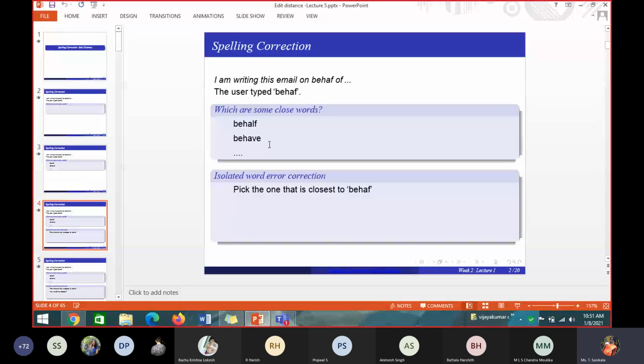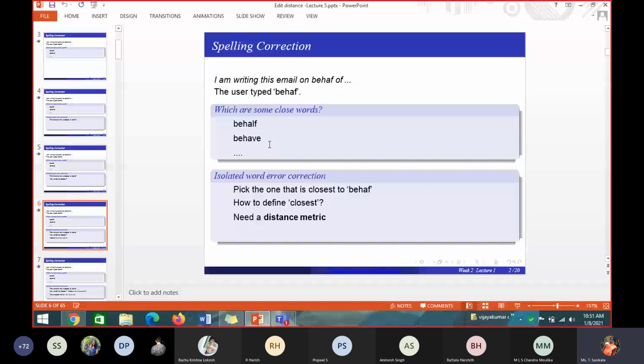So how do we define the closeness? The closeness is defined by a distance measure. You will be finding the distance metric. What distance metrics do you know to find whether two points are similar or not? What are the distance measures? At least any one of the distance measures you have learned?